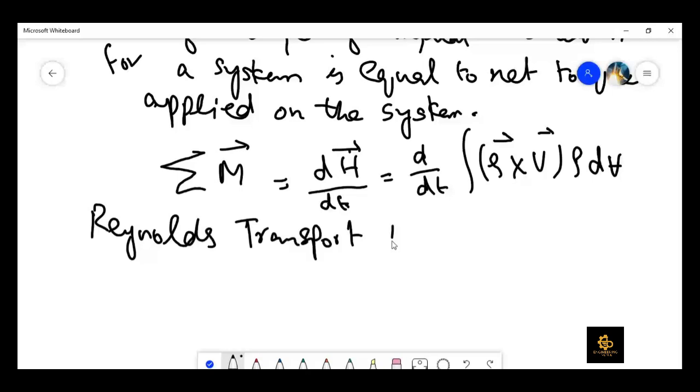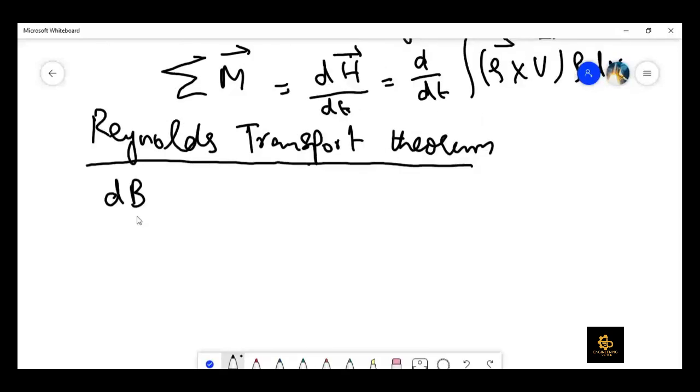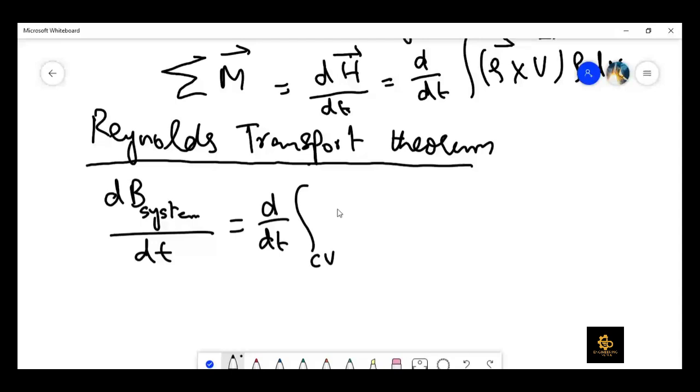If you remember the general form, dB of system by dt, I had written it in the beginning of the class, so I am going to write it again. d by dt of the integration on the control volume rho b dV plus the integration upon the control surface, which is inlet and outlet. We are talking about V_R, the relative velocity between the control surface and the fluid. But if the control volume is stationary, then that would be equal to V. So in case of a non-moving control volume,